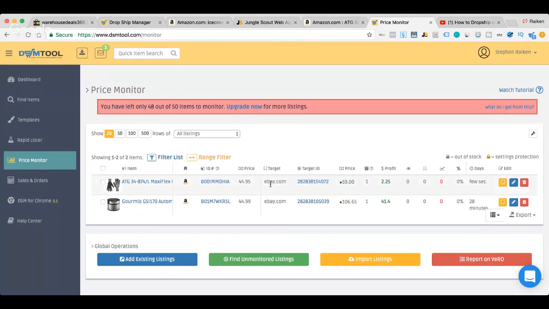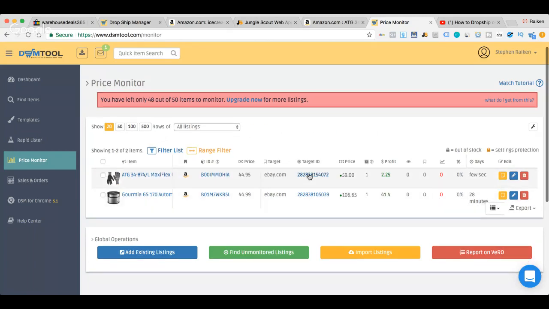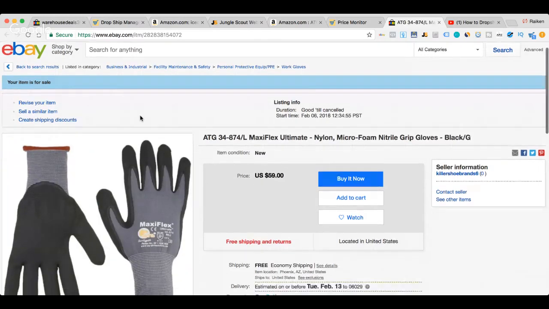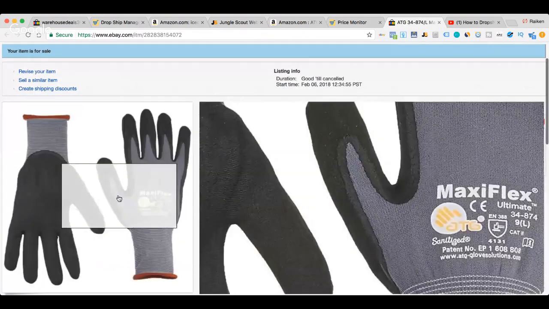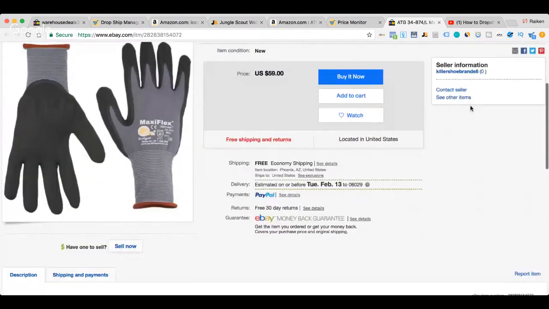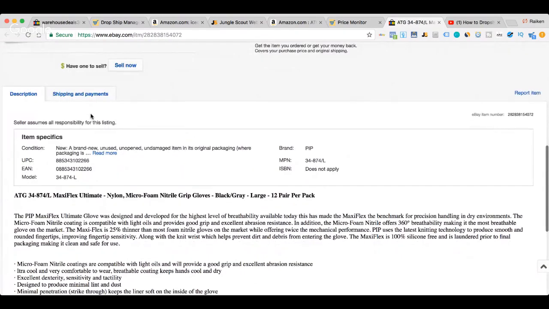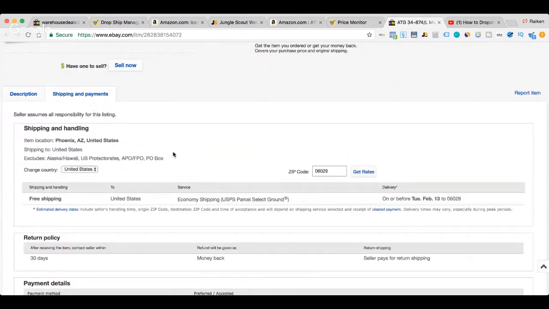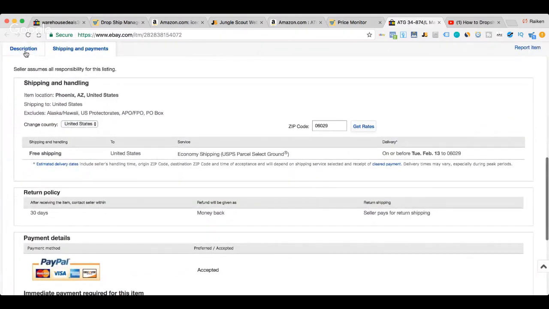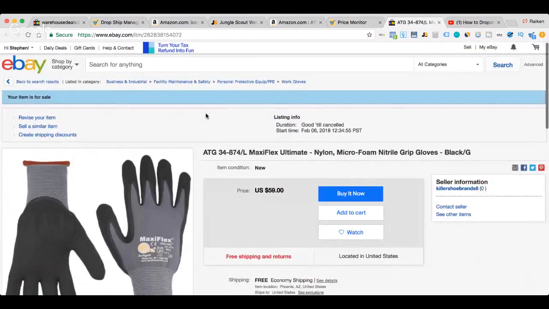It'll show the target where it's listed and the profit margins on it. So for example, if I hit target, it's going to show my eBay listing right here. So it automatically listed it. It pulled the title. It pulled the picture. It pulled a description as well. It pulled the item specifics. And again, I haven't optimized this store at all. I haven't changed any of my settings or anything. I literally just opened the store up a couple minutes ago just for this dummy account for this YouTube video. But how cool is that, guys?